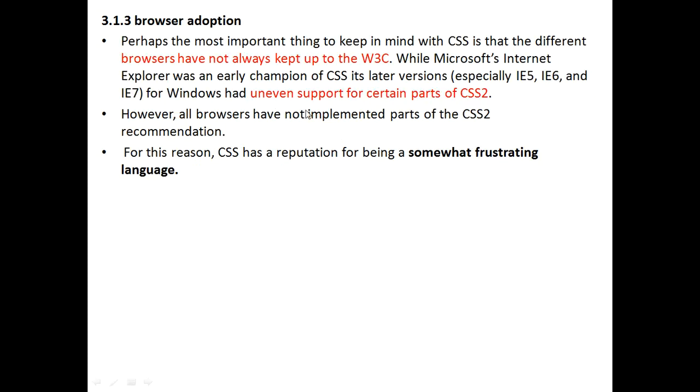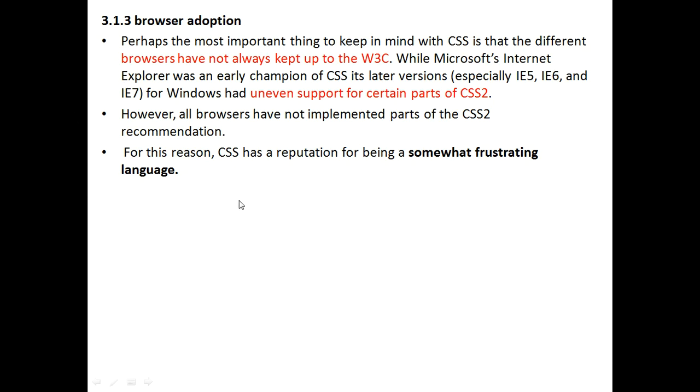And browser adaptation, right? If you are developing any CSS or any web pages, they should adapt to the different types of browsers, right? We know different browsers are available: Google Chrome, Mozilla, Microsoft Internet Explorer. So many browsers are there.